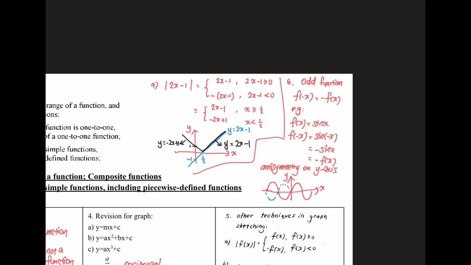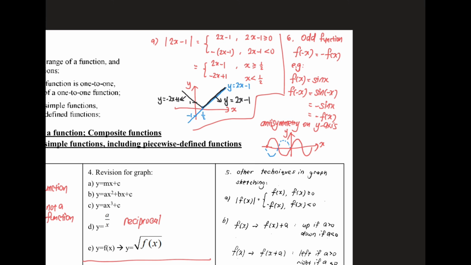So one more example for odd functions. Why do they call it odd? Of course, there are reasons. So let's say I put fx equal to x cubed. So x cubed, odd power, you see, odd power, odd function. Now is this an odd function or not? Of course, we can easily check it. I put negative x into it, negative x cubed, it will end up with negative x to the power 3. So this is an odd function because I get negative fx at the end. Okay, how's the graph? Anti-symmetry,